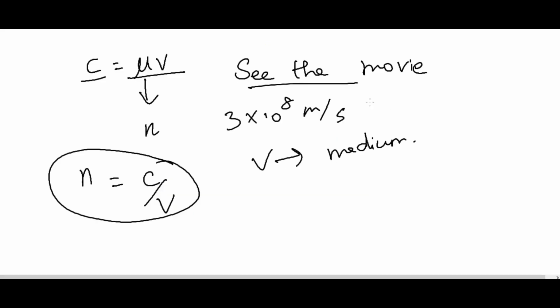And next, why you are supposed to see this formula is that you can expect any 1 mark question or 2 mark question on the basis of this refractive index formula. They will ask you to find the refractive index of a particular medium. For example, nw. They will ask you to find what is nw with respect to air. So you can use the tricks that I have just spoken to you.